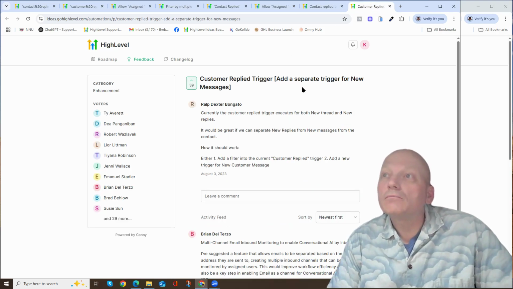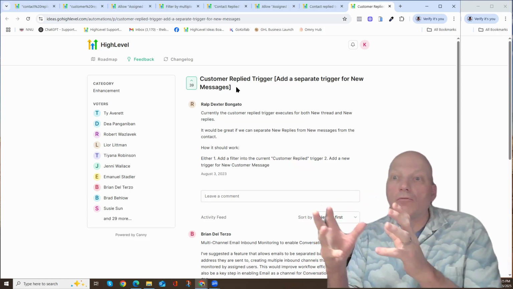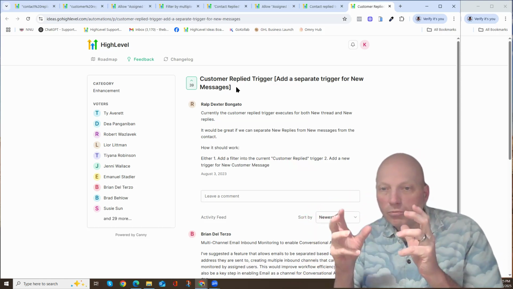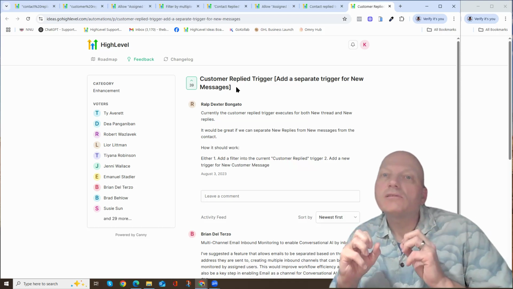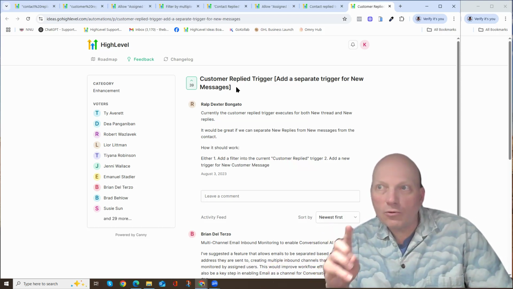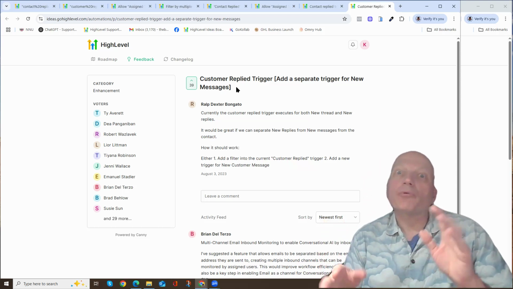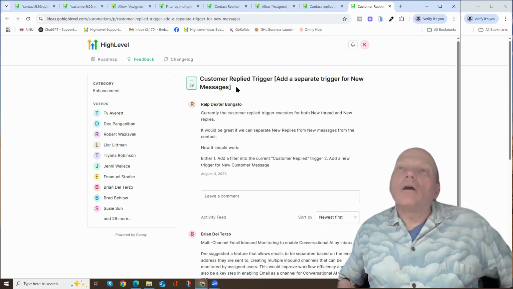And then this is asking for not just a customer replied trigger, but a customer reply trigger with a filter that this is not a reply, this is a new message. So this is a known customer or it's a new contact, and it's not a reply to an existing email thread. It's a new email, and thus it should get